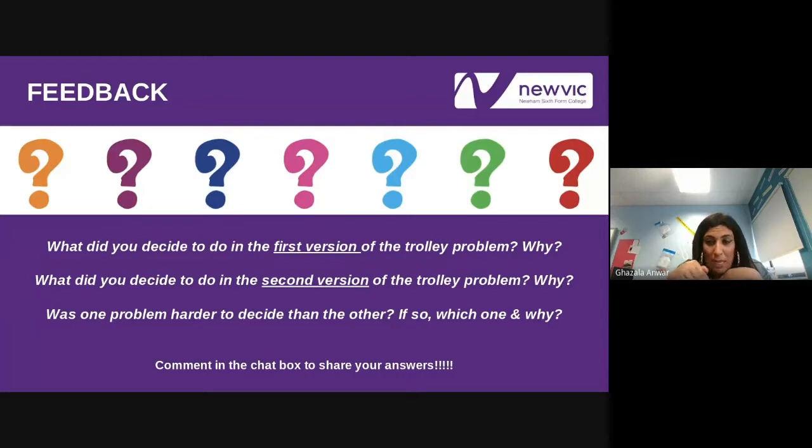But there are some people that, in responding to this trolley problem, would have absolutely no kind of second thought about what they would do. And they wouldn't say, well, it depends if I'm in the situation and this is what I would do. So let's have a look at what that might be. So I'm just minimizing that chat box now, guys.